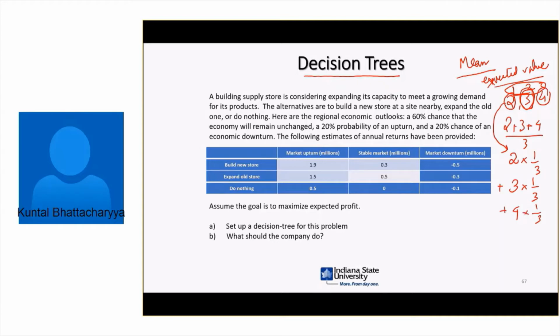In other words, for each event, you are looking at the event's magnitude, which is the value of 2, and its probability. The event's magnitude and its probability. And you are doing the sum product of them to find the overall expected value. That's how it is done.